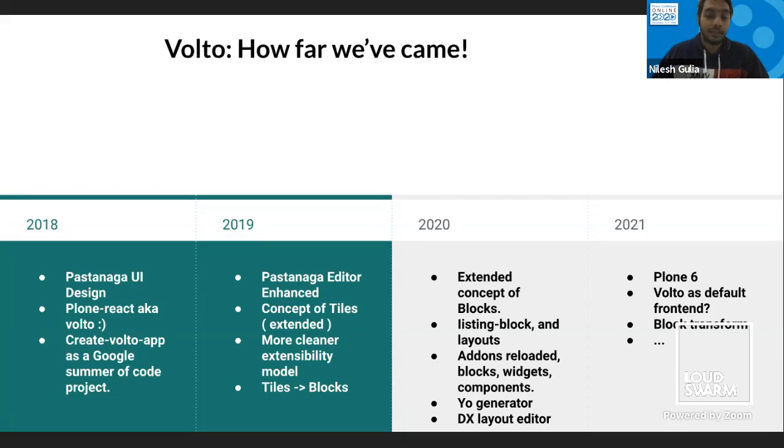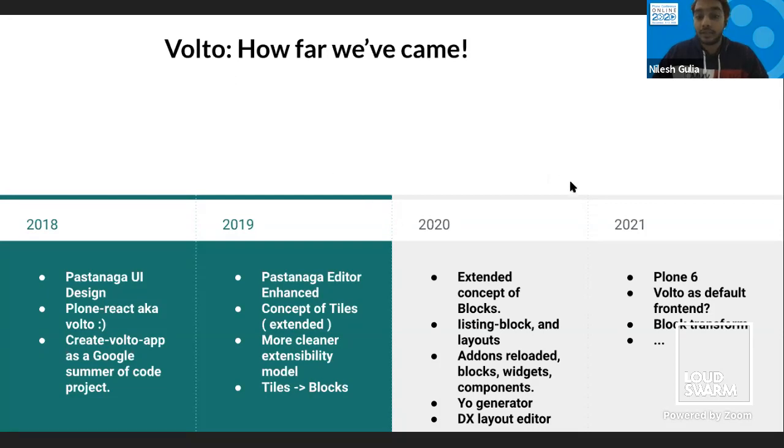We had listing blocks, the layout block. We now use add-on blocks, widgets, everything in the form of add-ons only. We have the DX layout editor, which Alan wrote, and the Yo generator, which I was talking about, the replacement of Create Volto App.